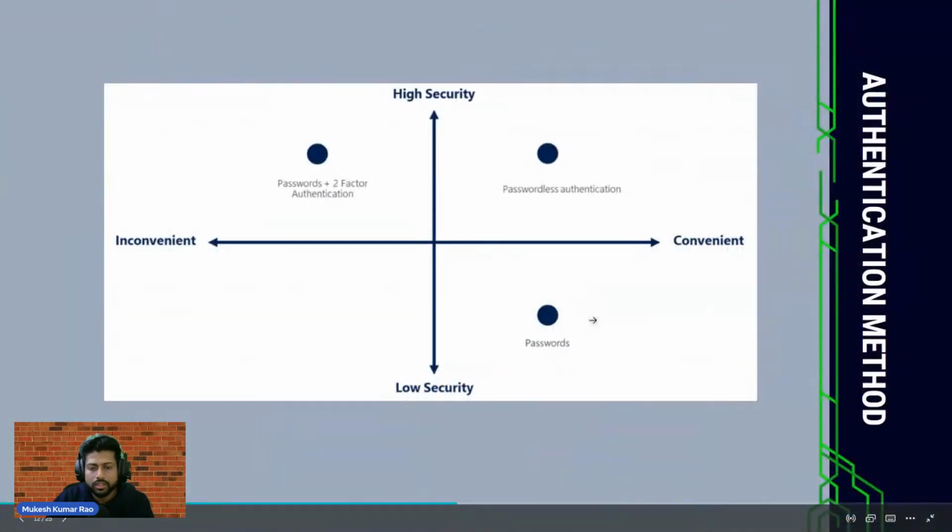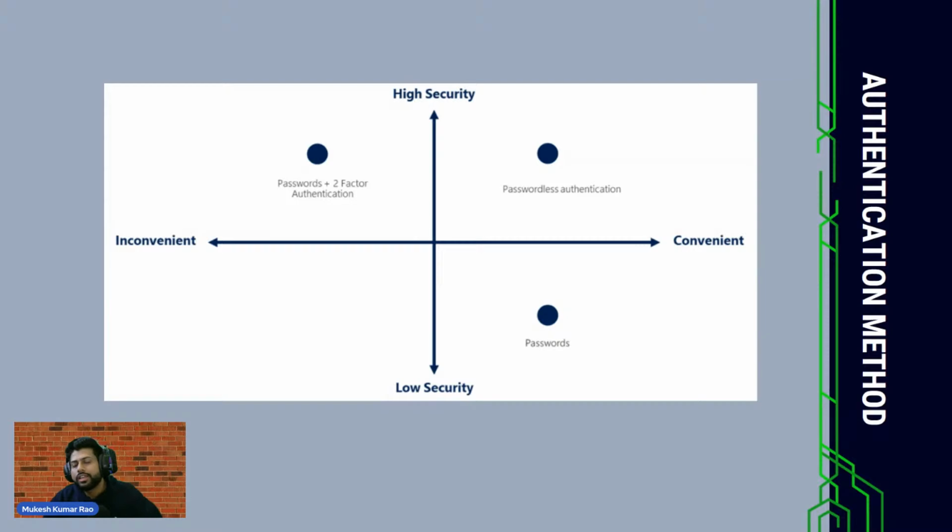Now moving further, we have authentication methods. Okay, like everybody is using, I think, a fingerprint scanner, or maybe a screen-based password on mobile, and on laptops or social media websites, maybe you are using two-factor authentication. So these are the different levels of security that Azure follows. If it is a password, you can say it's convenient but low security.